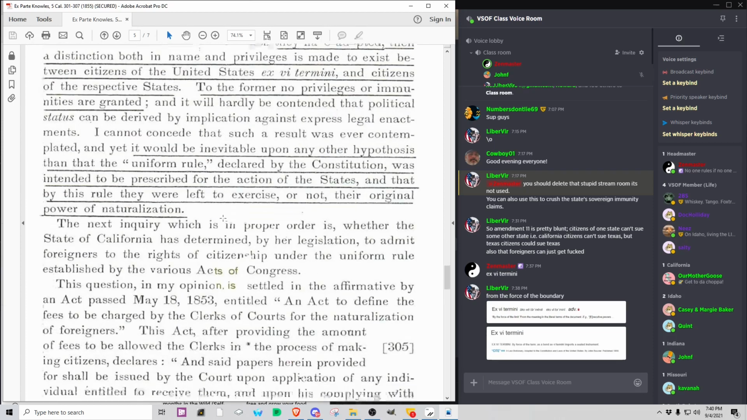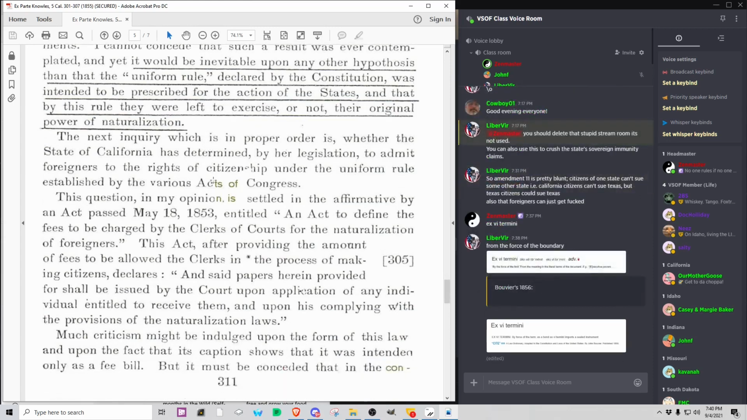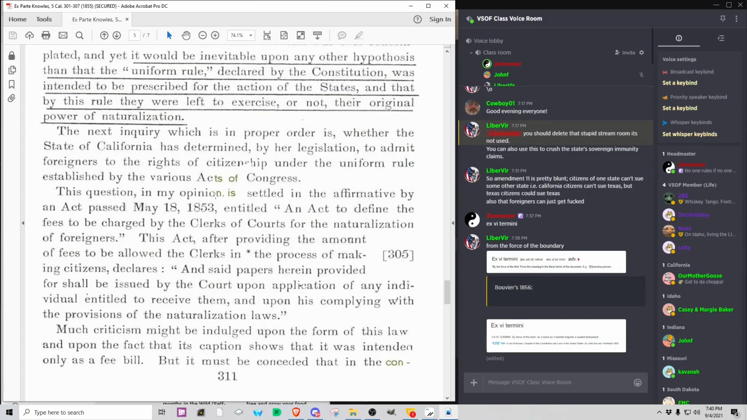All right. I cannot concede that such a result was ever contemplated, and yet it would be inevitable upon any other hypothesis that the, quote, uniform rule, close quote, declared by the Constitution was intended to be prescribed for the action of the states, and that by this rule they were left to exercise or not their original power of naturalization. The next inquiry, which is in proper order, whether the state of California has determined by her legislation to admit foreigners to the rights of citizenship under the uniform rule established by the various acts of Congress. This question, in my opinion, is settled in the affirmative by the act passed in May 18th, 1853, again, pre-Civil War,